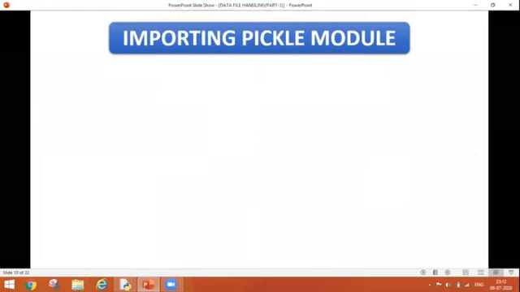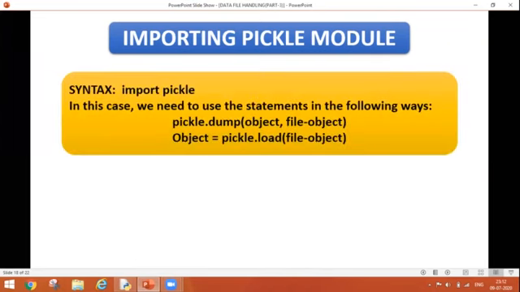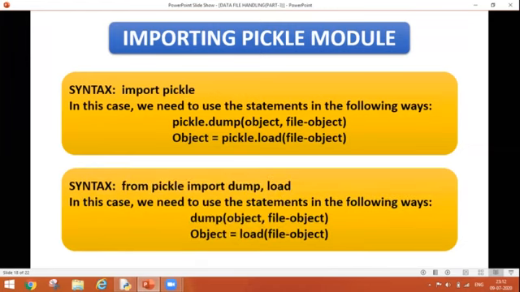Next, importing the pickle module. What are the ways to import a pickle module? The first way is using the import keyword, we can import a module. The second is using the from keyword, we can import a pickle module. And how do we write it? There are different ways. So let's understand. By using the import keyword, I'm going to use the functionality of the pickle module.